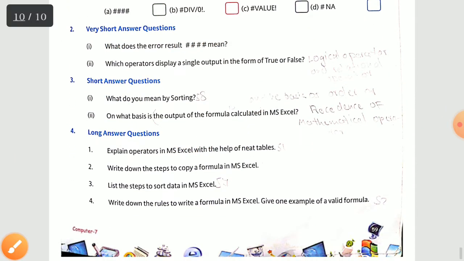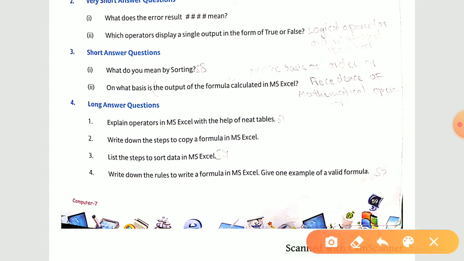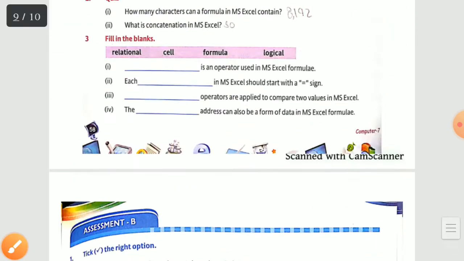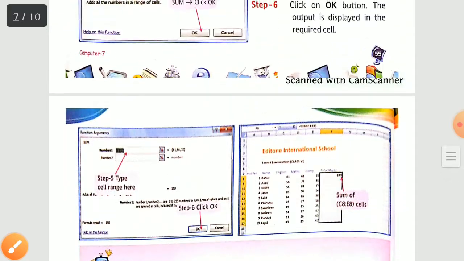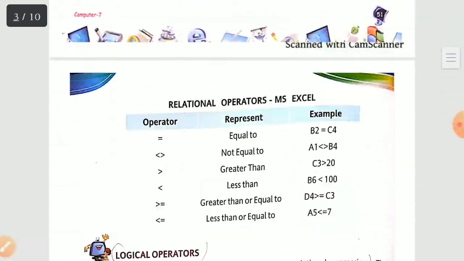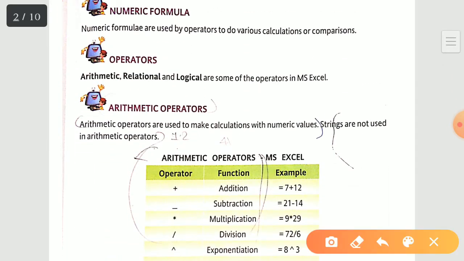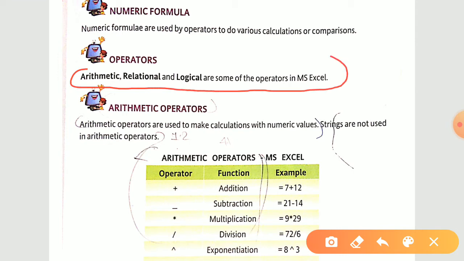Now moving on to your fourth part, last part, long answer question. See the first question, explain operators in MS Excel with the help of neat tables. So from page number 51 you have to start. Firstly you have to write down from this portion, arithmetic, relational and logical are some of the operators in MS Excel, right?